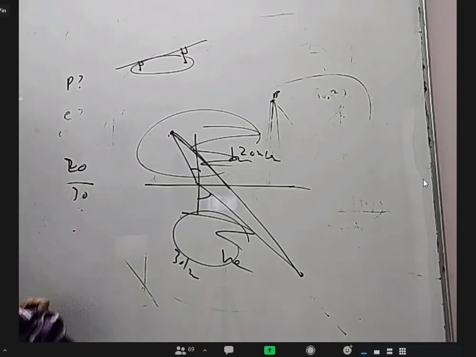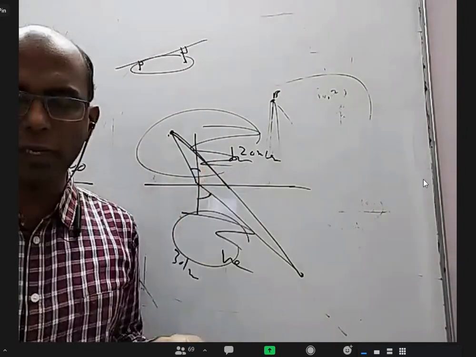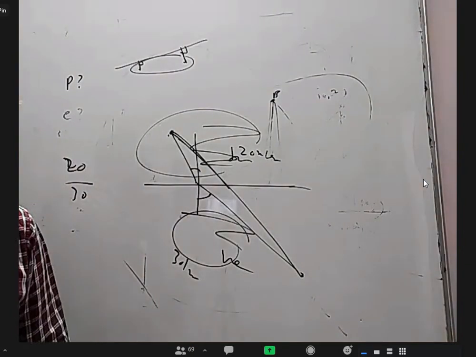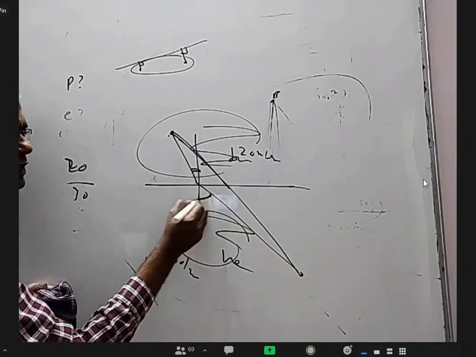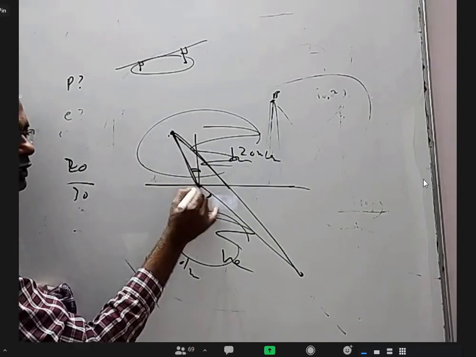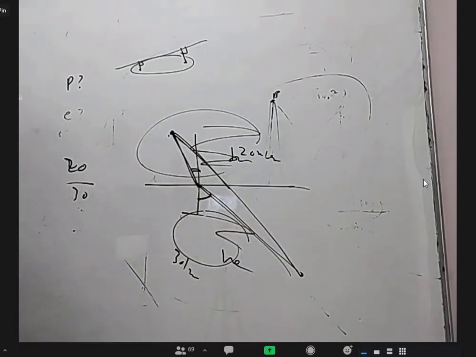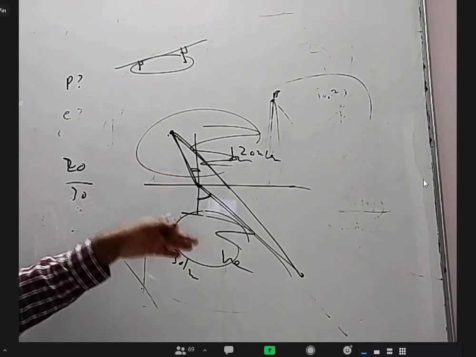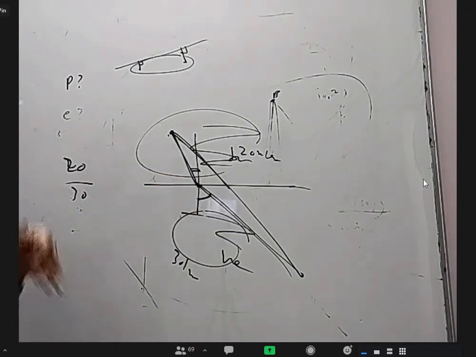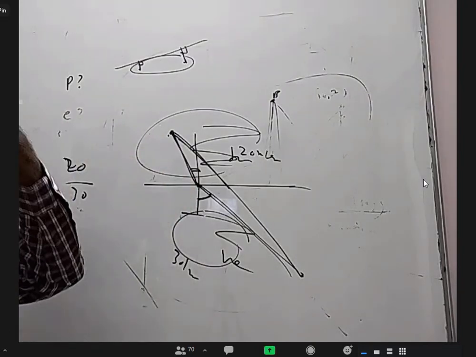That is only mu now. Mu is after all what? Velocity in medium 1 by velocity in medium 2, right? Light velocity there. So whenever this velocity by this velocity equals sine of this by sine of this, at that point you go there, and that will take the least time compared to anything else. That is also Fermat's theorem. We knew about Snell's law much before, but different people gave different explanations. Newton gave some explanation and Fermat gave this explanation.